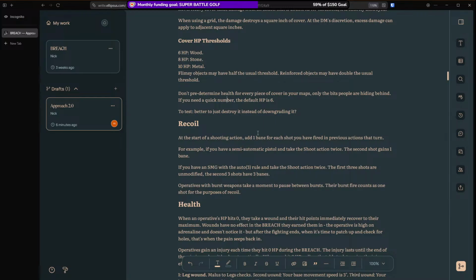So yeah, recoil, basically you've got 2 actions. If you shoot first turn, your second shot is going to be worse. Basically the rule is that every shot you fired is going to add a bane to your next attack. So if you have a semi-automatic pistol, which means you can shoot twice, you're going to do a shot turn 1,